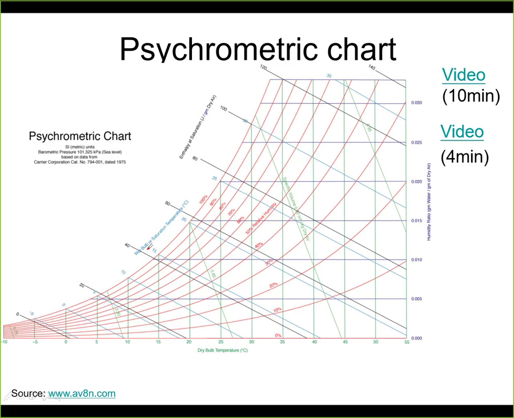In some charts or tables, you will find directly the wet bulb temperature. In some tables, you may find the temperature difference. In this example, we have the wet bulb temperature directly. So let's say we have 25 on the dry bulb. So here I'm looking for this line, and we would have, let's say, 20 centigrades on the wet bulb temperature